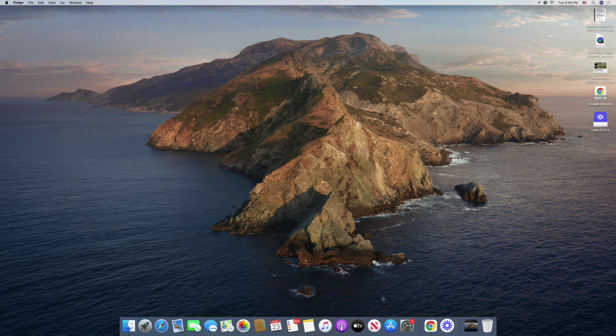Now I want to quickly go over our toolbar or dock that's on the bottom of our screen by default. So it's an incredible feature that gives us easy access to our favorite applications, but I do suggest you close and get rid of any apps that you don't use every day or every other day because it will slow down your computer a little bit. And there's no point of having apps on here that you're not going to be using frequently.